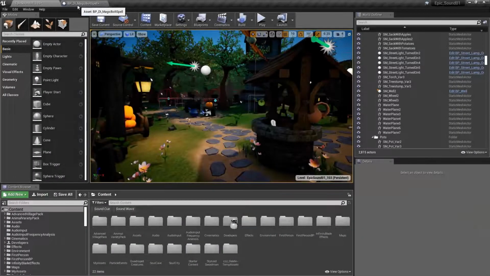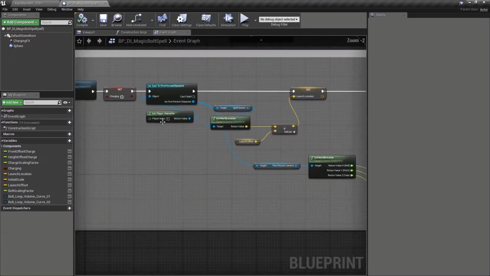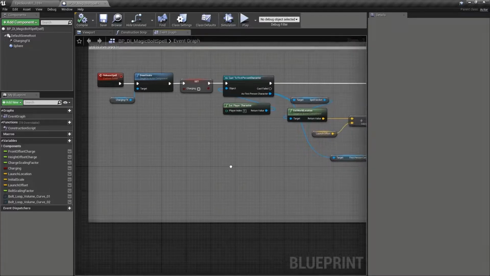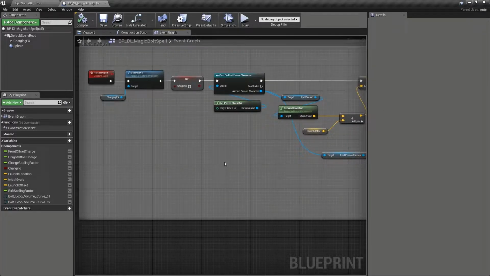If we take a look at an example blueprint here, we have nodes that perform certain functions and events are executed from left to right. Often we'll be using actor blueprints such as this that exist or are spawned into the level, but for this introduction we're going to use the level blueprint, which is the global blueprint for the whole level. In future videos we'll be looking at blueprints in a much more detailed way, but for the moment we're just going to create a simple system to deal with a problem that you might be having at this stage with